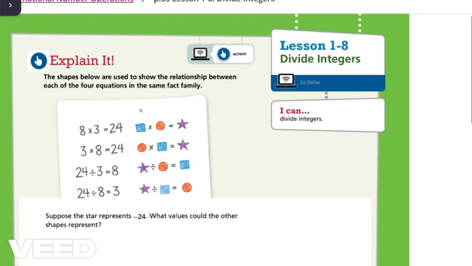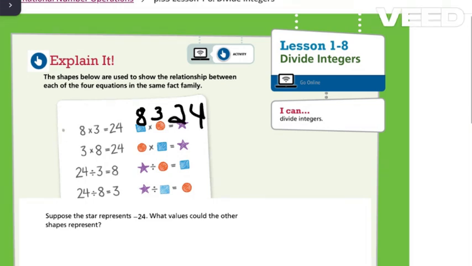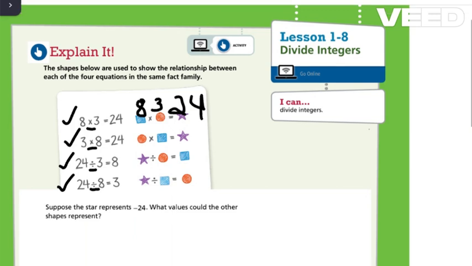We see that the blue squares are worth 8. The orange circles are worth 3, and the purple star is worth 24. And they've created this fact family using those three numbers. They've created 2 multiplication problems and 2 division problems using those 3 numbers. And the question they seem to be asking us